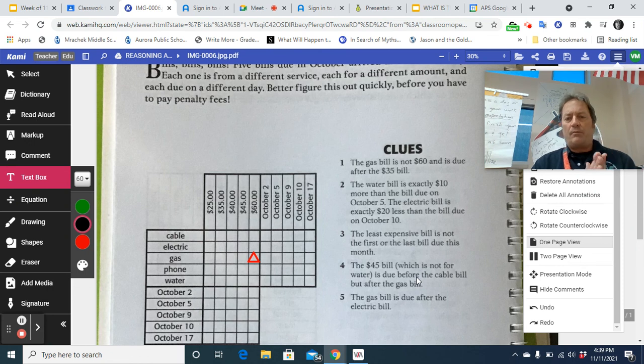All right, so the gas bill is not $60 and is due after the $35 bill. So let's go ahead and get that in there. If the gas bill is not $60, we can mark off 60. And if it's due after the $35 bill, we can also get rid of 35. Also, knowing that it's due after that, it means it can't be the lowest date because that's the sequential part. If it's after, it cannot be the first date, so we'll get rid of the second. And also, it's the same thing on the sequence there, if the $35 bill